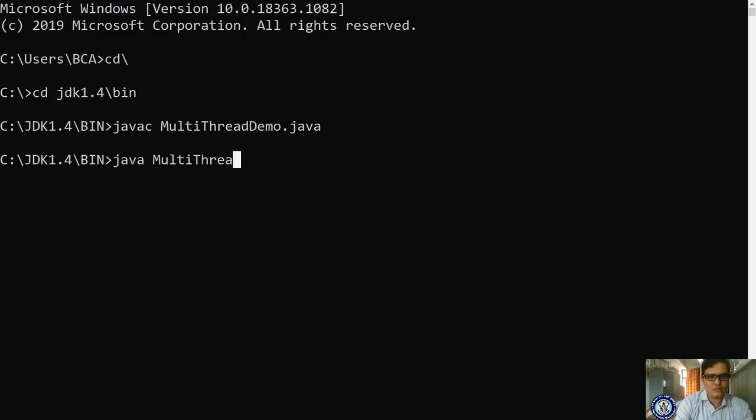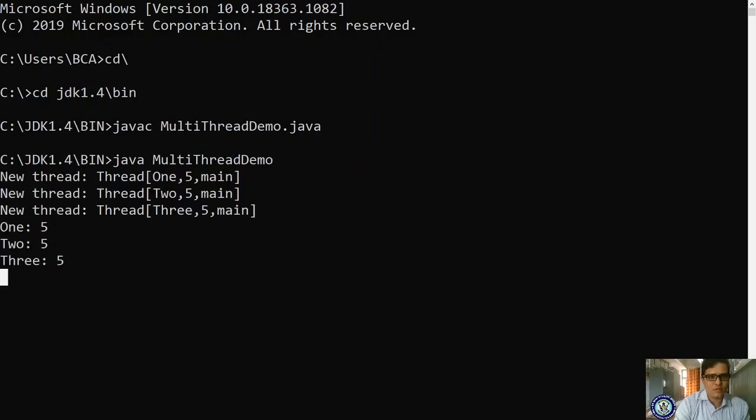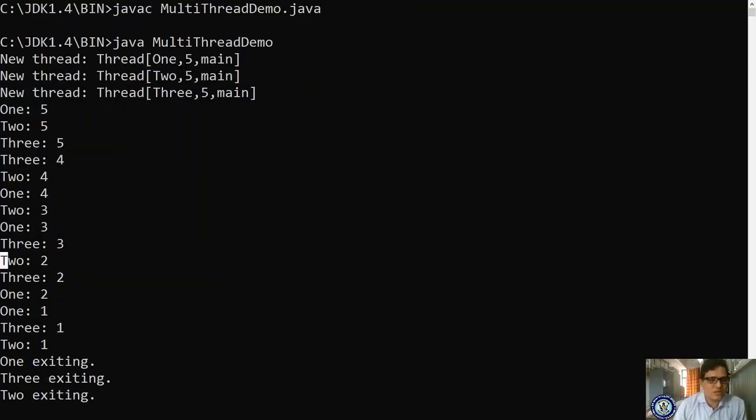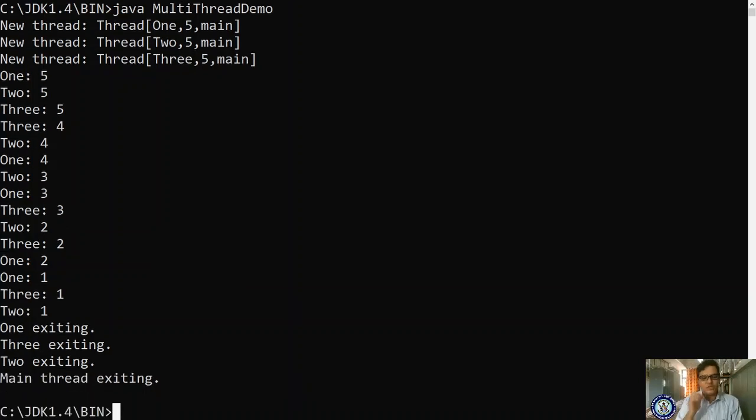So whenever you run, it is running like this. Please observe, it is taking a 1 second gap. In the 1 second gap, the other thread is starting. Thread 1, thread 2, thread 3 are starting, and afterwards it is ending, right? It happens in a fraction of a second, and we are noticing that also.